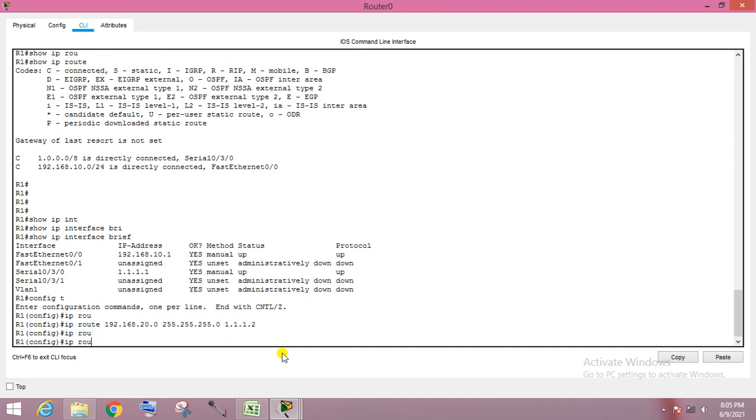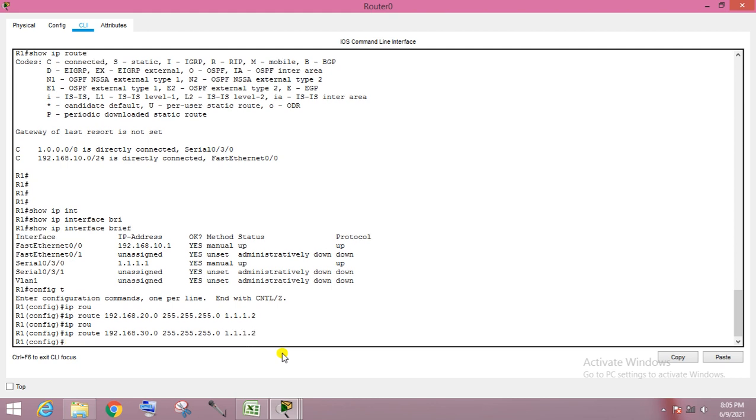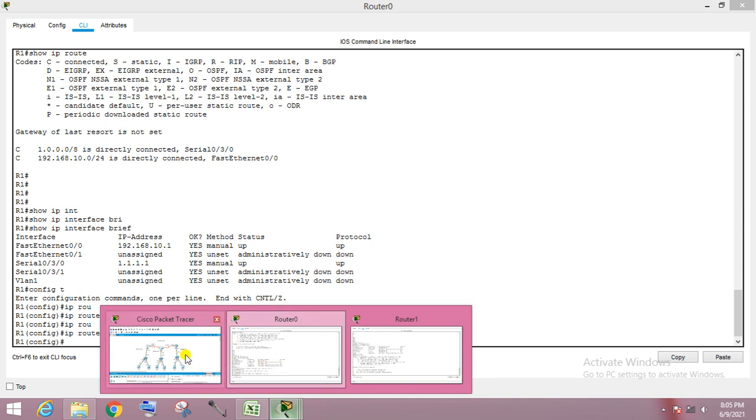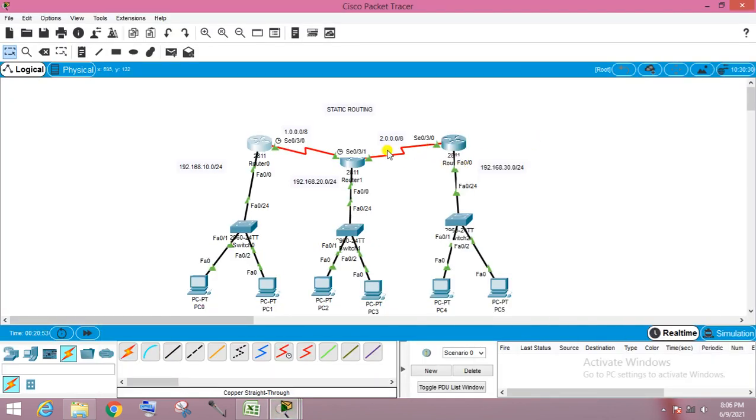Same thing we have to do for the other route. IP route 192.168.30.0 255.255.255.0, but the next hop will be the same, 1.1.1.2. And one route we also don't know, that is this route.